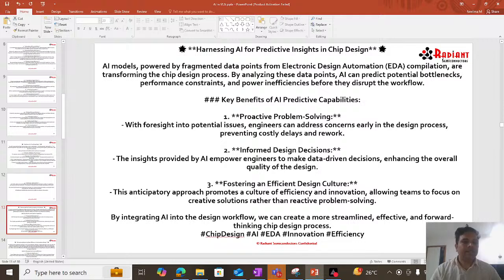Okay, by integrating artificial intelligence into the design workflow, we can create a more streamlined, effective and forward thinking chip design process, right. Going forward, we need to have artificial intelligence which will help us come up with a forward thinking chip design process, where we can foresee the problems, right, and accordingly do the chip design process. Okay, now